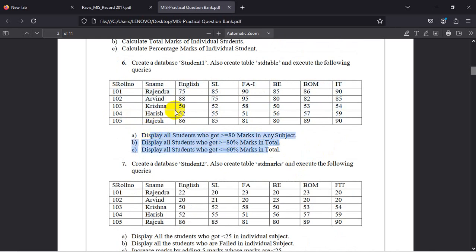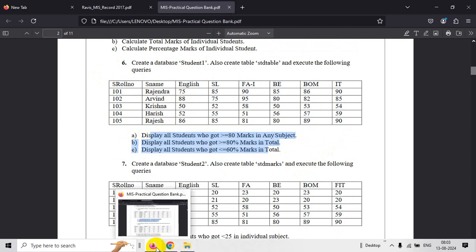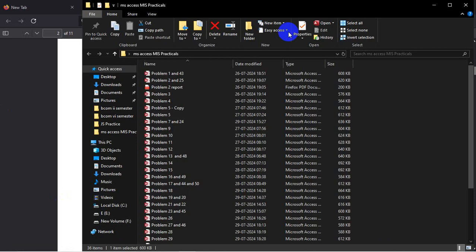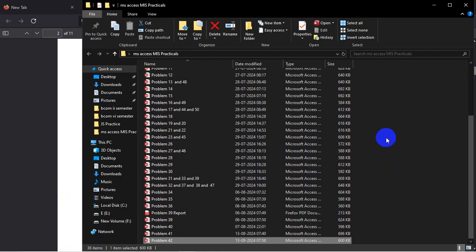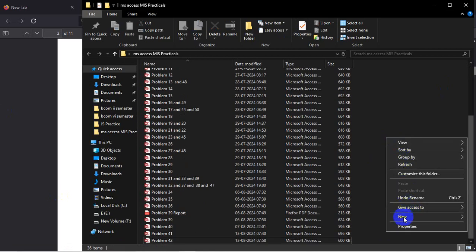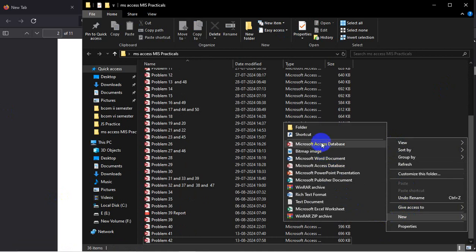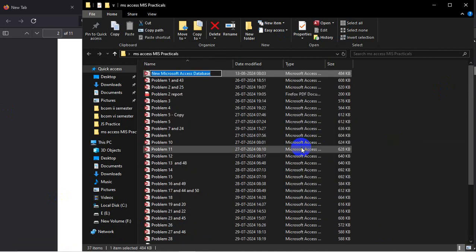This is how we want to do it. All this you can keep over here, and if you want you can update the details here. Now all the problems have been solved, 2 problems are left. That's what I am solving here. Problem number 6.